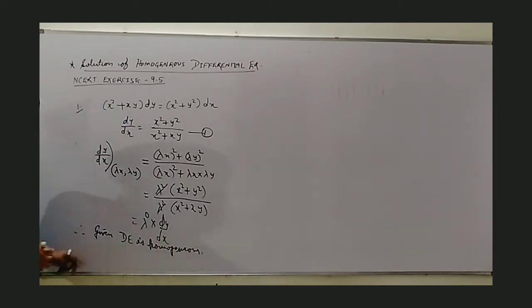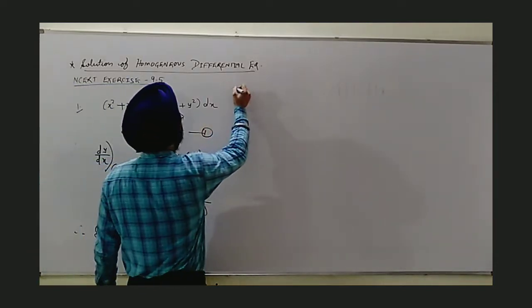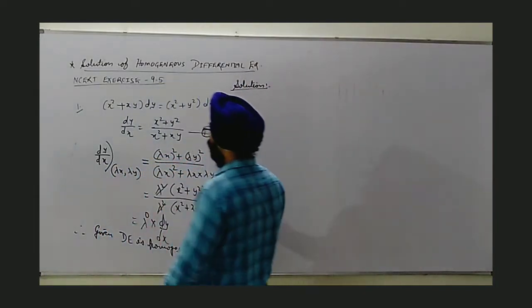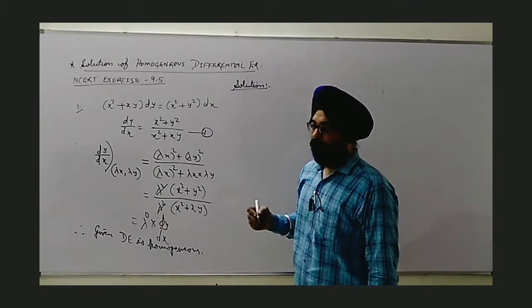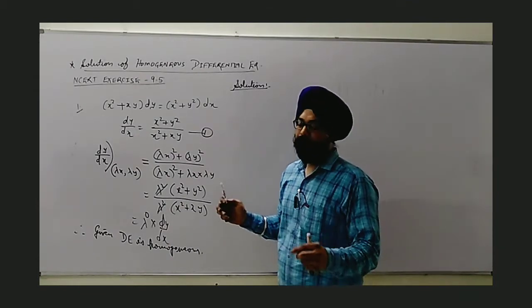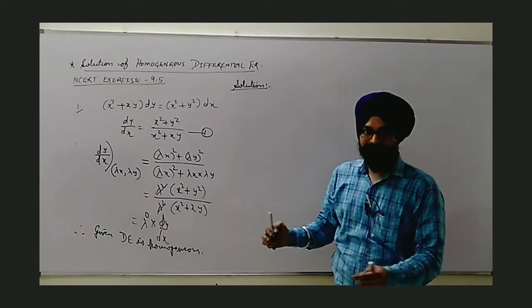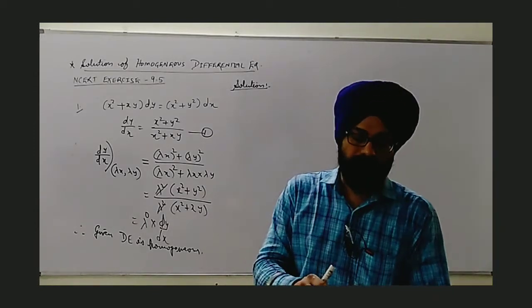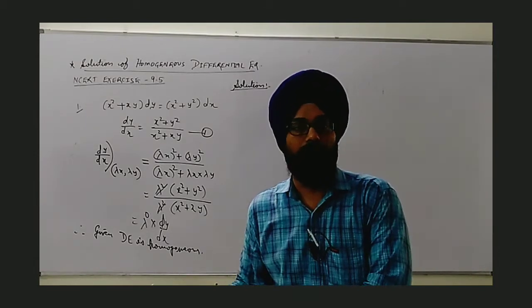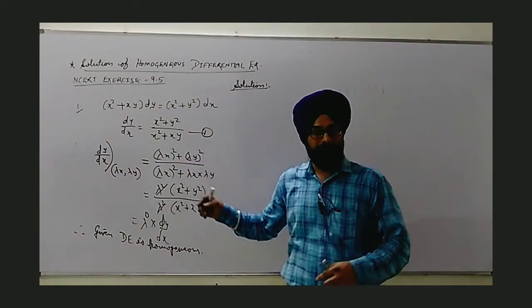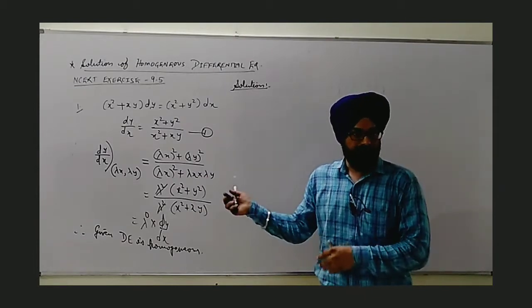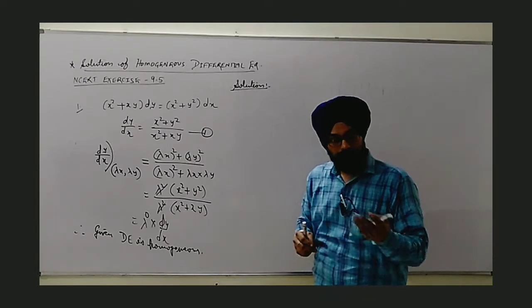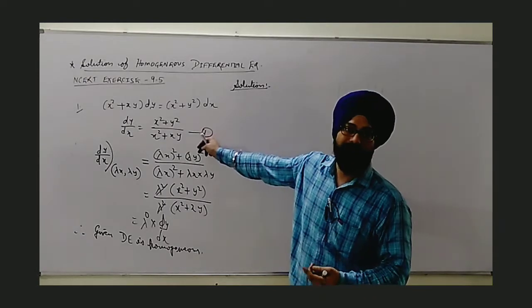Now, how to find the solution? There is also a particular method of finding the solution. We see that what is different about this homogeneous equation? How is it different from the previous one? The previous equation was separable variable, so this is actually non-separable. If you try to separate the terms of x and y, you see that you cannot do it. So this solution is based on the conversion of this equation into separable form.